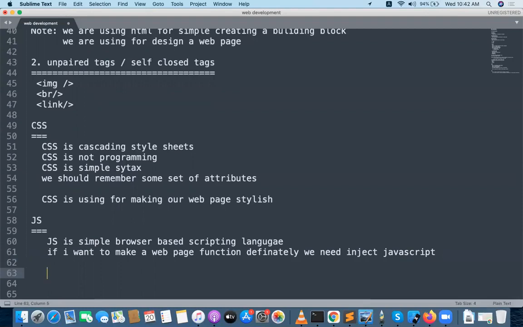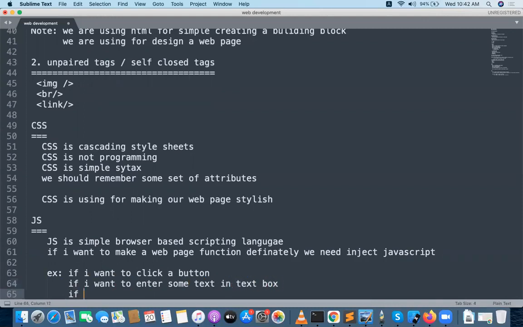With HTML and CSS only you are going to be creating templates. But after creating a template, if you want to make it functional, suppose for example, if I want to click a button, or if I want to enter some text in a text box,